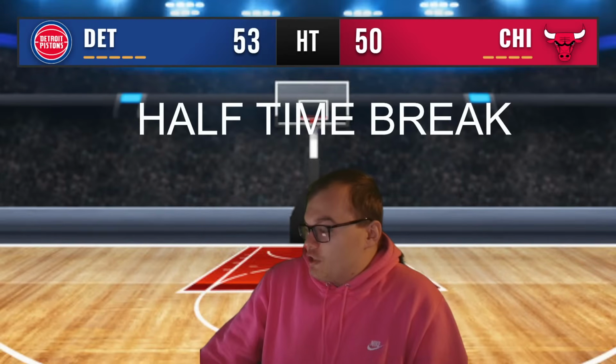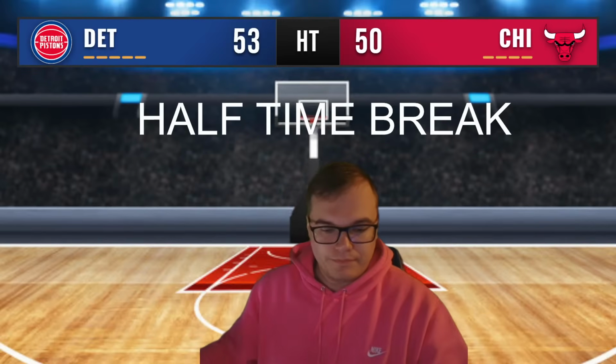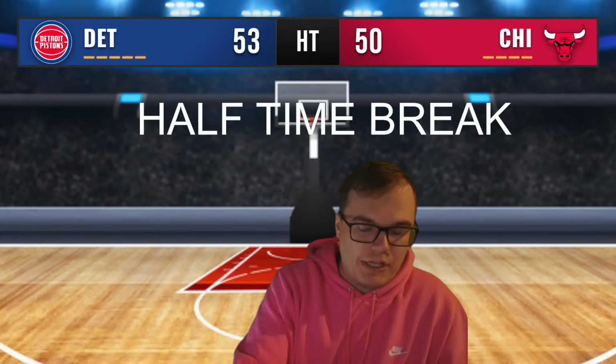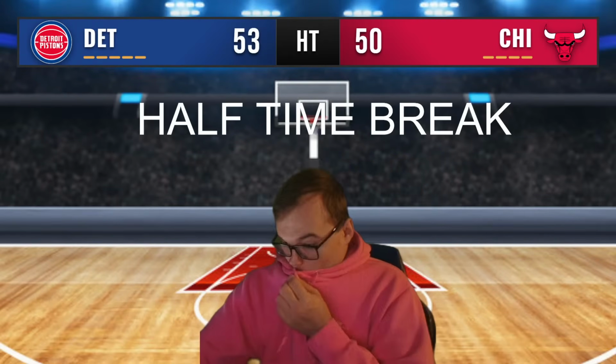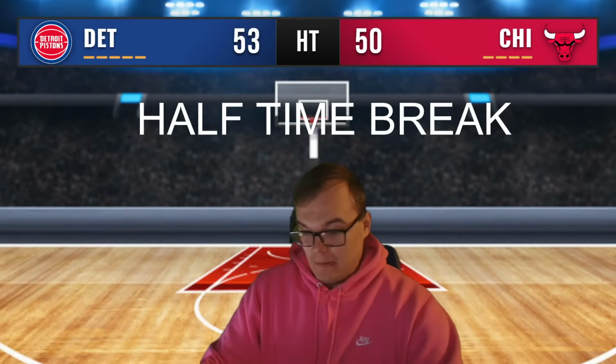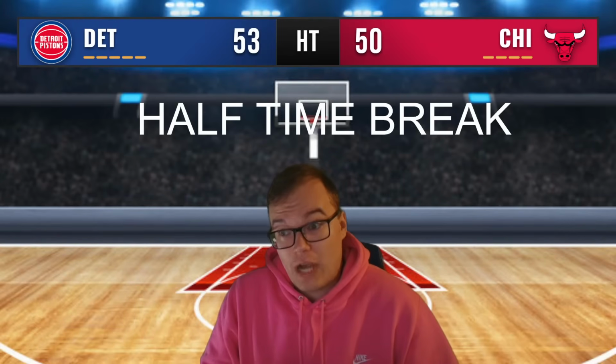I think if you're Trajan Langdon, you pay Tobias Harris, right? You pay Tobias this offseason, you sign him for another 2-year deal, and you potentially look at your future stretch 4 in this draft. It's going to be interesting. He might even trade up. We'll see what Trajan does. This draft class is very stacked this year.